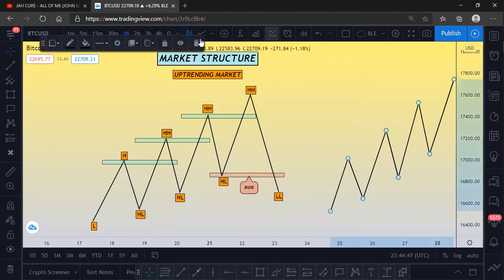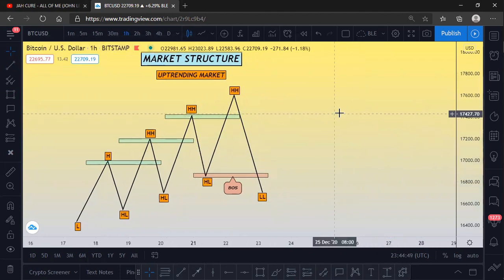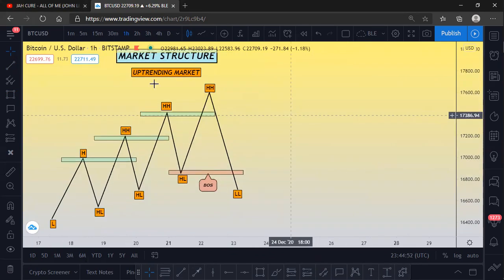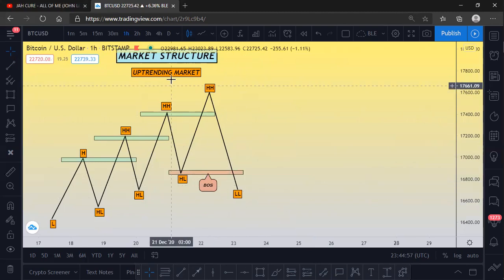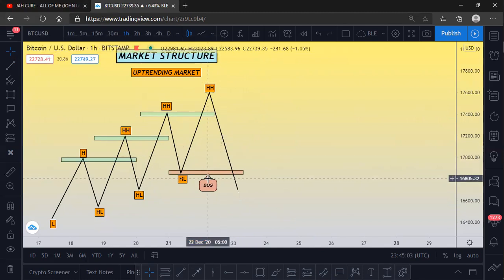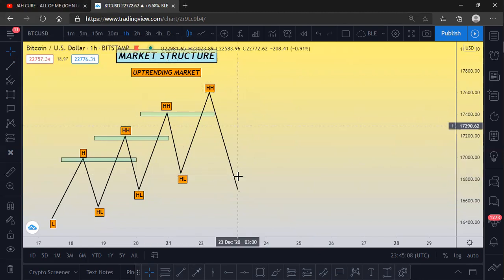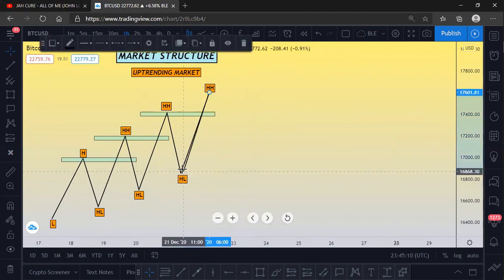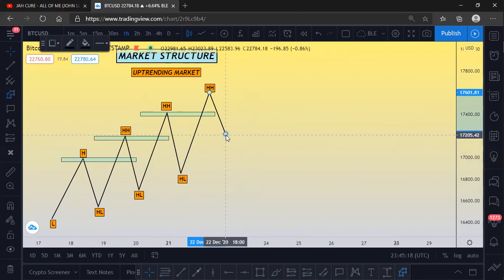Okay, so let me delete this. All right, so I'm going to merge the two together so you can understand. This is an uptrending market, right? Then it broke structure. Okay, no, from an uptrending, let's do something like this. Don't let us identify this yet. I want to link the three together, okay, so you can understand. And then we start saying, okay, good. So the market is in an uptrend, right? Yes. And then we start seeing something like this now. Something like this starts playing out. So you can see this is still a higher low, right? And then we start seeing something like this.